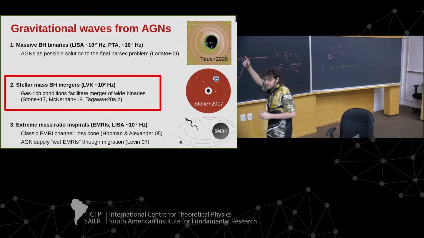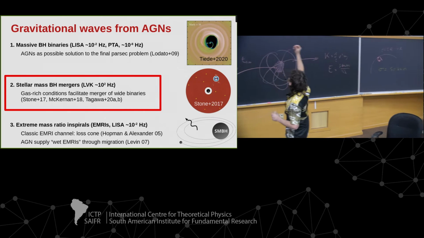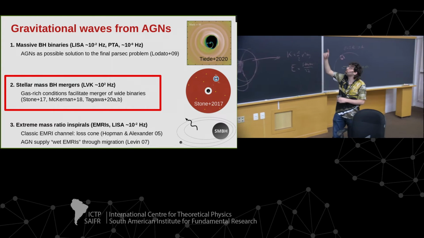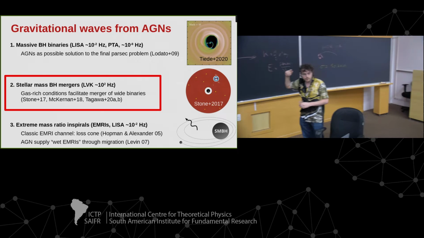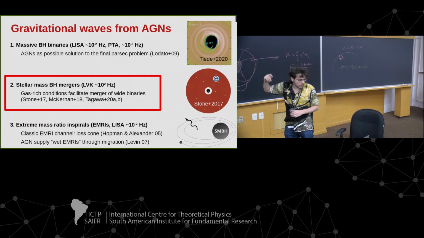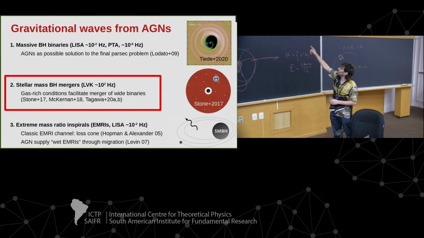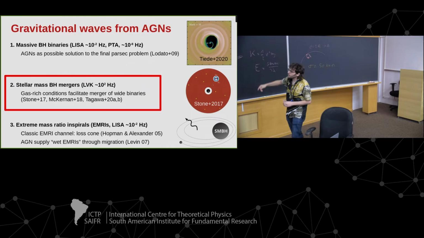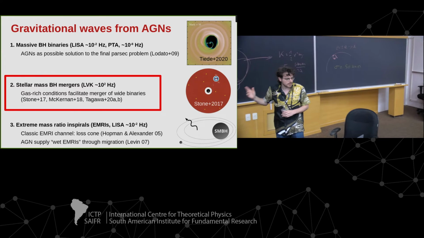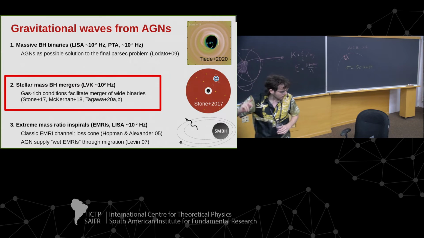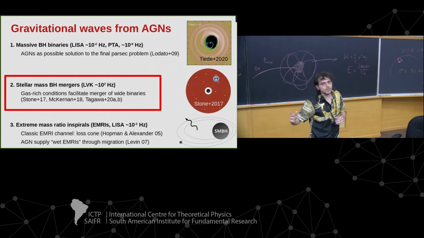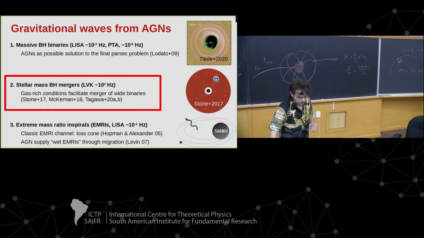In this case, what people have been doing is to try to see what is the environmental effect of the gas disk on the gravitational wave emitted by the double supermassive black hole. And also the secondary case, where you have a supermassive black hole but with stellar mass black holes around. Eventually, these stellar mass black holes will inspiral and have this extreme mass ratio inspiral, which again can be observed in LISA. But what I mean is still LIGO Virgo black holes, so mergers between stellar mass black holes.